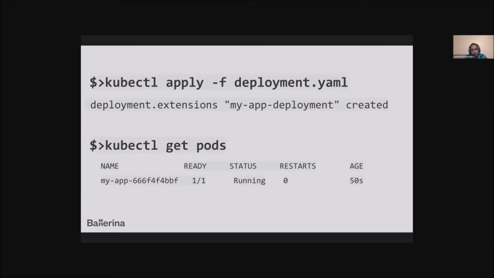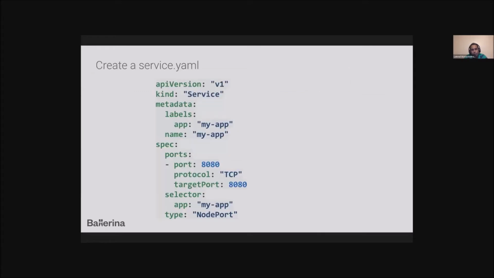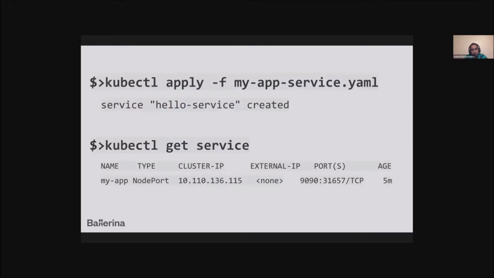Then if you want to access this application, you need to create another Kubernetes object called a Kubernetes service. A Kubernetes service can be of different types depending on where you are accessing from. You can define a different type of Kubernetes service, and that can also be declared in YAML format and then deployed by using the kubectl toolkit. Then you can access this service from the external network.